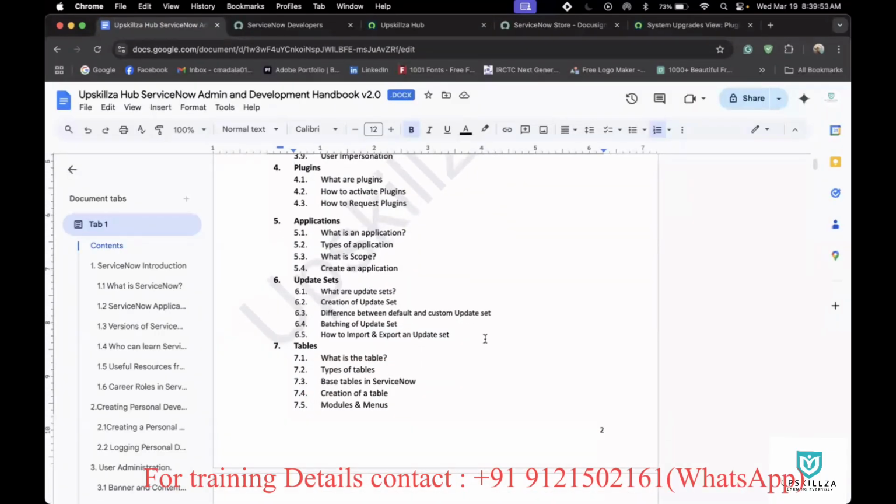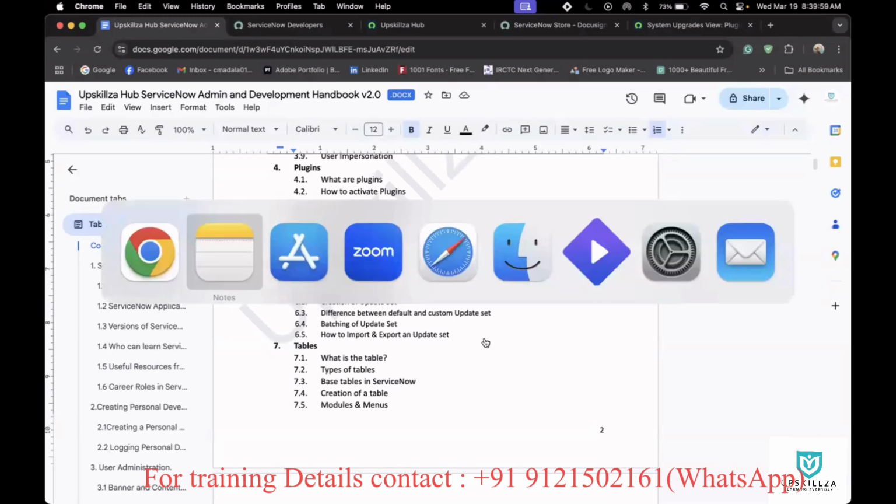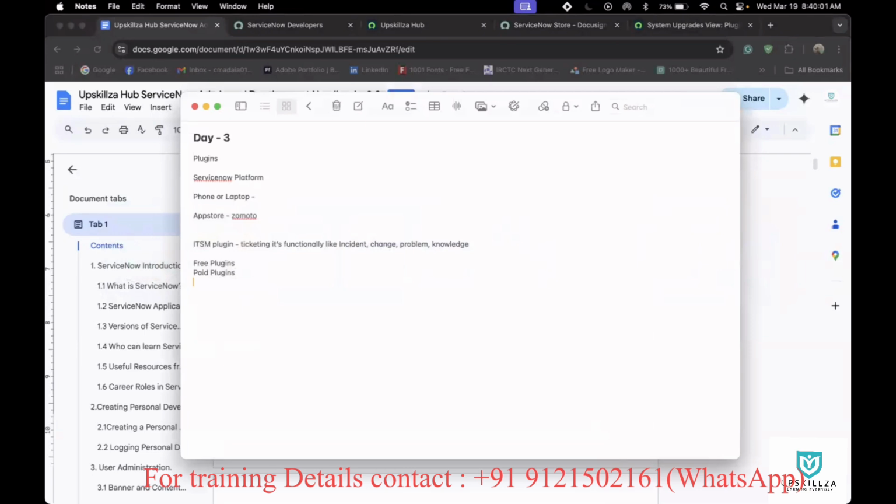We have updated how what are the update sets and creation of update sets. Everything we'll cover it now. Update sets. Like what are update sets here? In ServiceNow, if we are working on